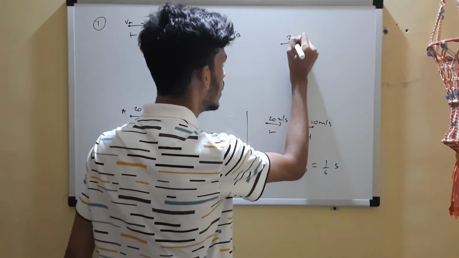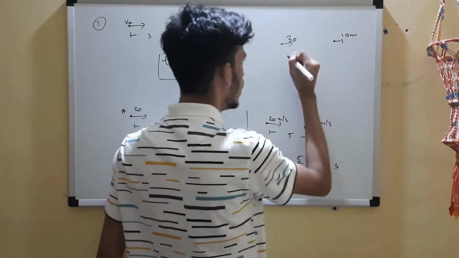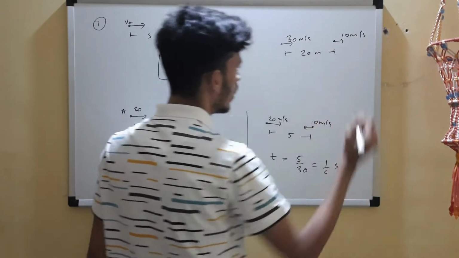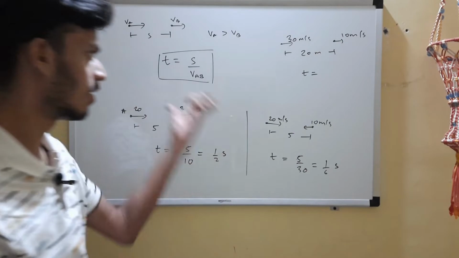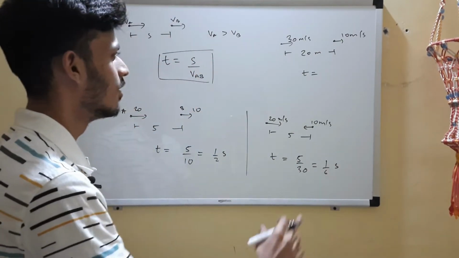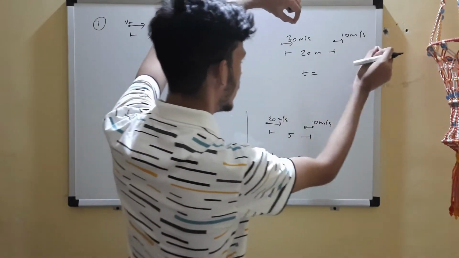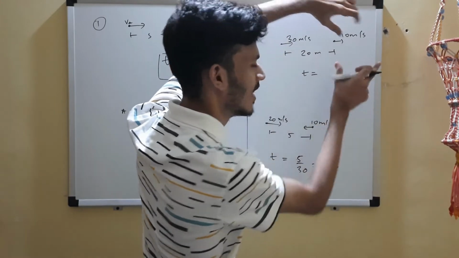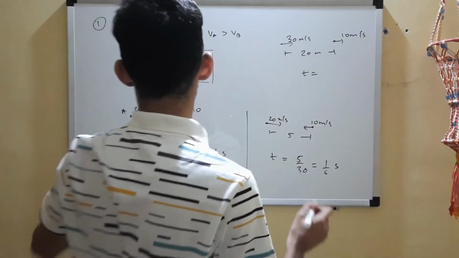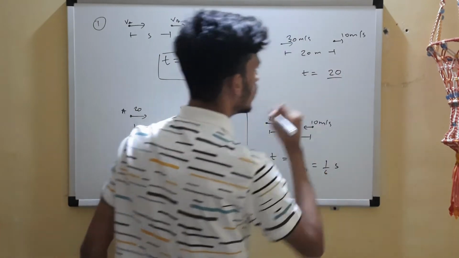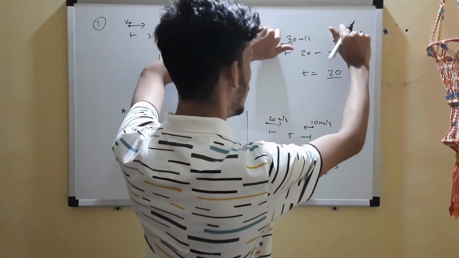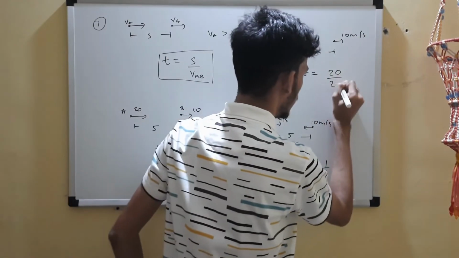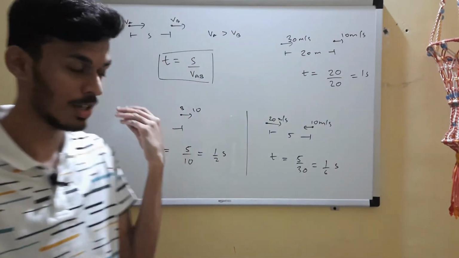Can we have one more problem? Yes. So this is 30 and we have 10 over here, in meters per second, and here we have 20 meters. Tell me the time when they will meet. Try this logic, it's easy now. In 1 second, this will move 30 meters and this will move 10. We'll get it by this format also. Time is equal to distance upon speed, the relative speed. So flip and keep: 30 minus 10, 20. So 20 by 20, 1 second. Yes, that was what I said.